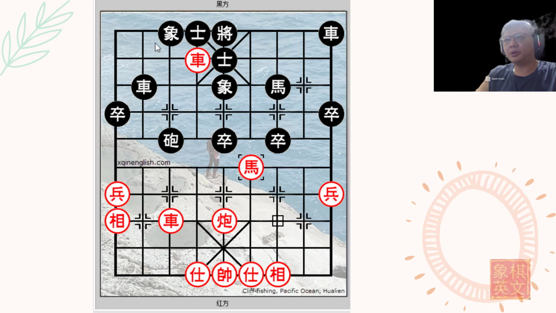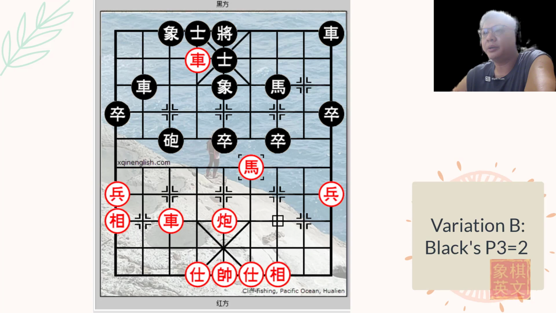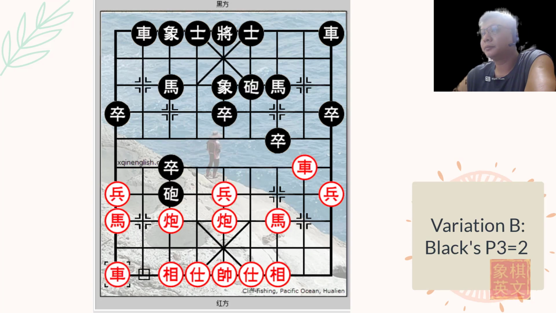He could retreat, capture, and then attack, or move over here to threaten the pawn, etc. So red will have an easier time, but black's 2 pawn advantage cannot be neglected. This will be variation A. In variation B,